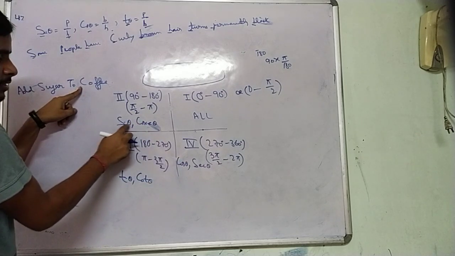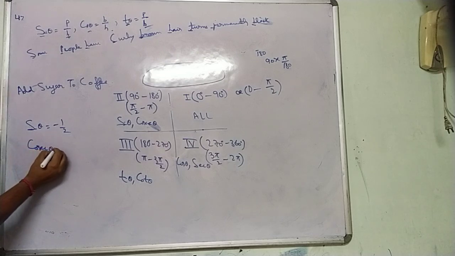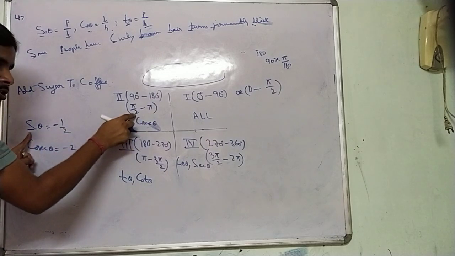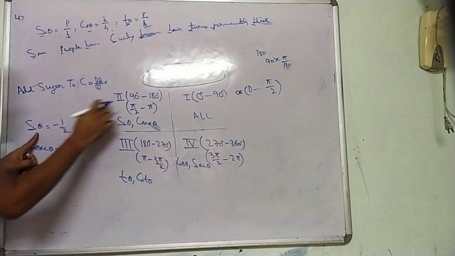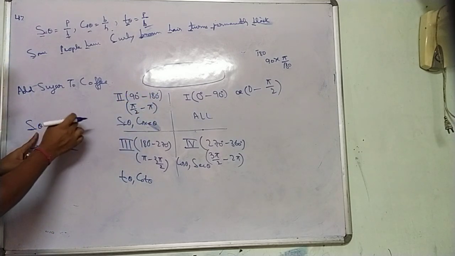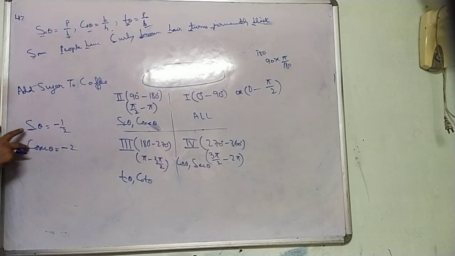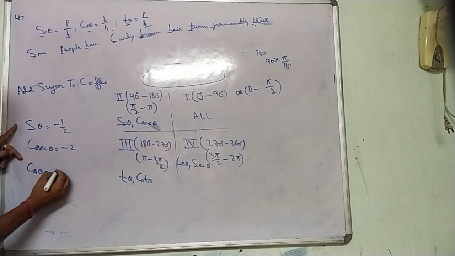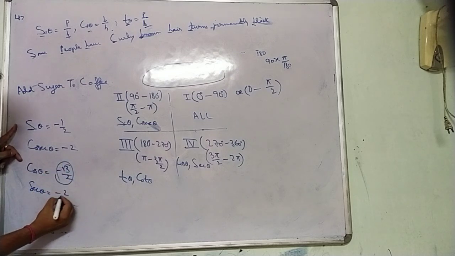And the reciprocal of it, because you know that if sine theta is minus half, obviously cosec theta will be what? Minus 2. Just the reciprocal one. Am I correct? That's why sine and its reciprocal are positive in this quadrant. If theta is lying between 90 to 180, it is positive. And if theta is lying in the third quadrant, it is negative for sine and cosec. Clear everyone? Similarly, if theta is lying in the third quadrant and the value of cos theta is, let's say, minus root 3 by 2, then the value of sec theta will be the reciprocal of this, that is minus 2 by root 3.